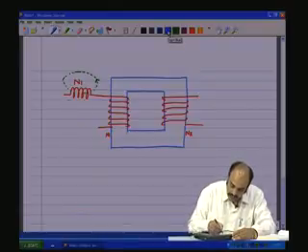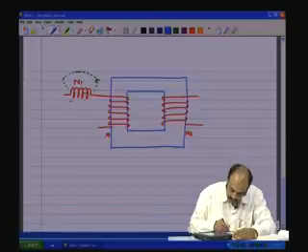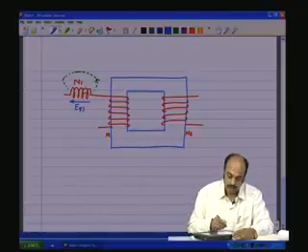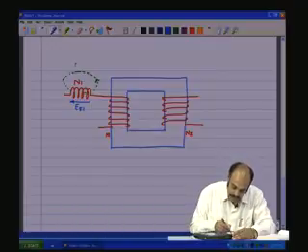And that is going to induce an EMF, which is E sigma 1, due to the leakage flux phi sigma 1,